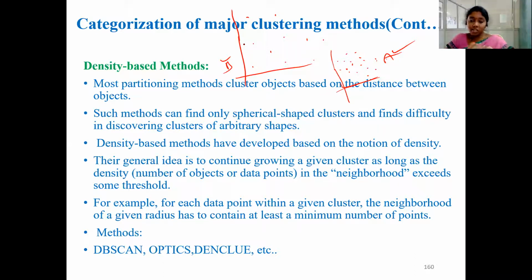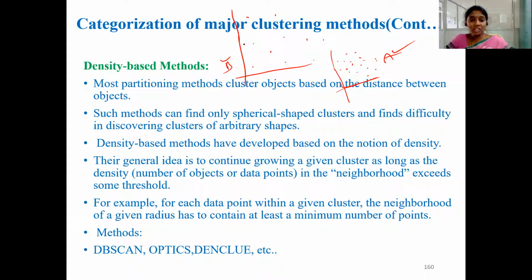If the data is distributed sparsely, maintaining certain distance, we can say that particular graph or those data points are less dense. So that is the basic concept of density.